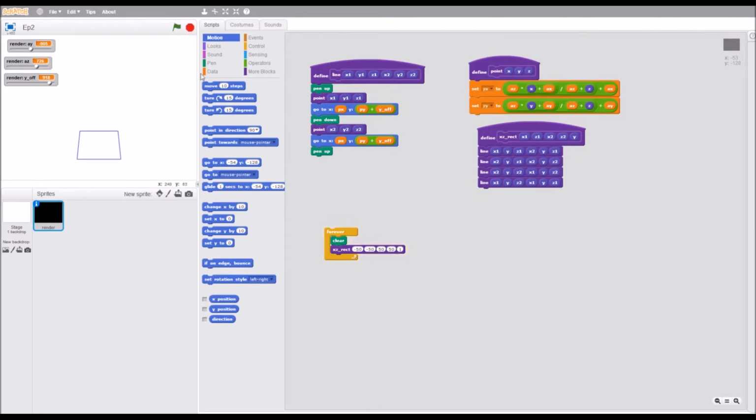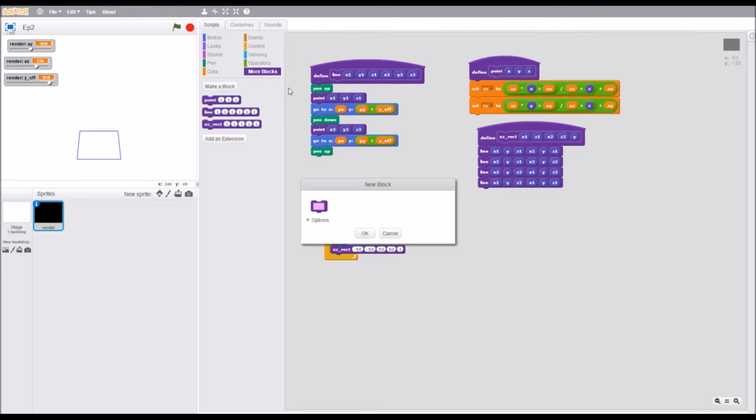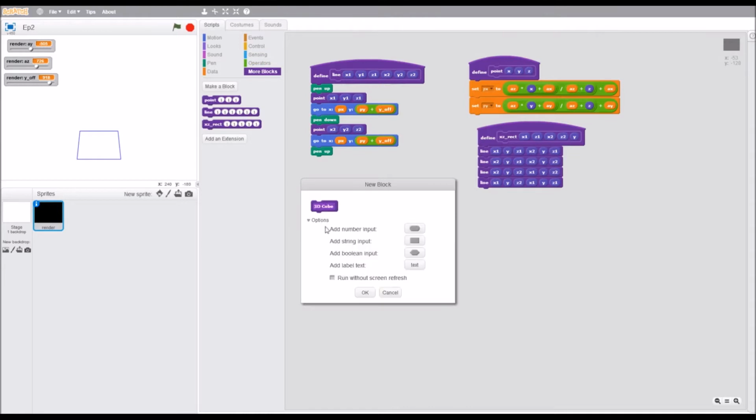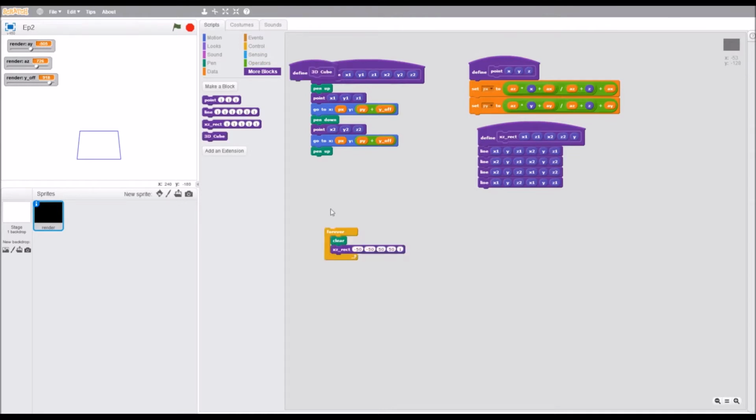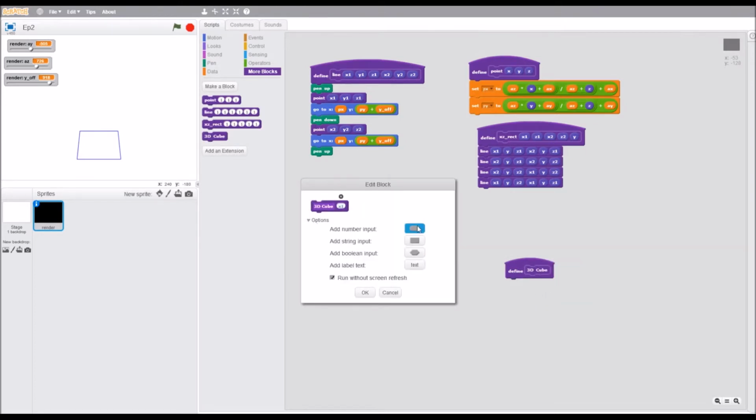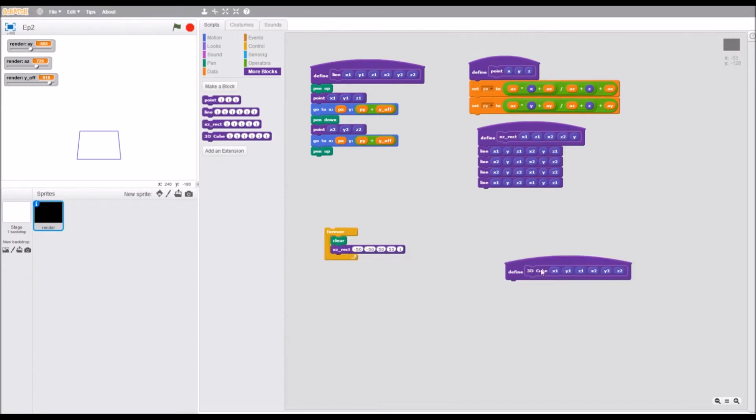So, first off, I'm going to make a method called 3D Cube. And 3D Cube is going to make a 3D Cube. Not surprisingly. So, we're going to have x1, y1, z1, and then x2, y2, and z2. And now we can make two rectangles, and they should both be the same rectangle, going from x1,